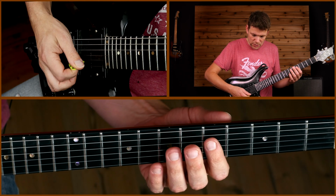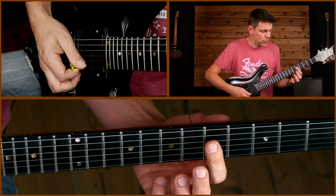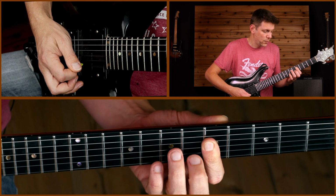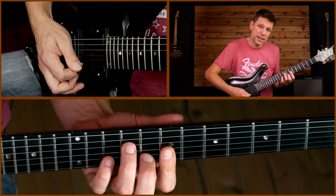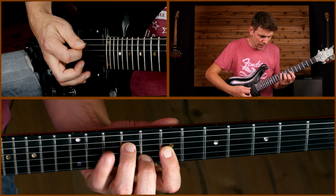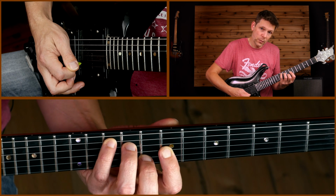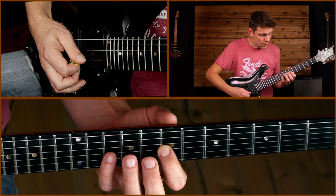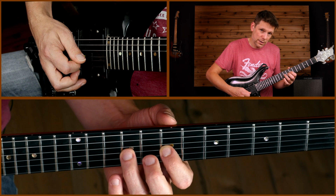The picking goes like this. So you start either with a down or an upstroke. Doesn't matter much. I start this one with an upstroke personally. So that's up, down, down, down. That's on the C one. Then you make the F one, and that's up, down, down, down. Then you move it up a whole step on the G, and then you play an up, and then you add your pinky on 10th of A, and you play down, down, down, down, all the way to that middle finger. And then on the G string, you play pinky on 10 of G, up to 9 ring finger, down,